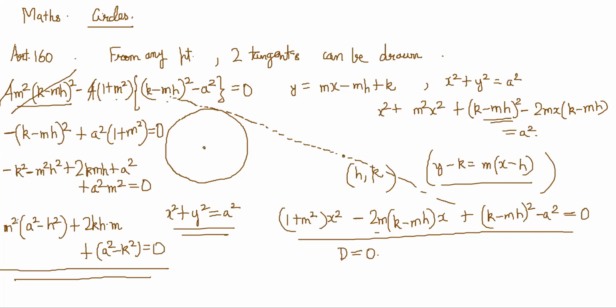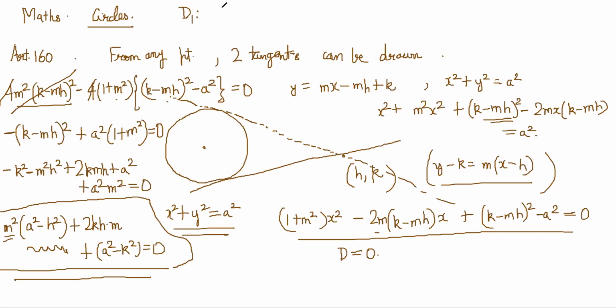Now, this is a quadratic, so it can have 2 roots or 0 roots, imaginary, or 1 root. Depending on that, if it has 2 roots, that means you have 2 different values of m, two slopes. Then that means that there are 2 tangents like this. If it has only 1 root, then only 1 tangent, and if it has 0 roots, then 0 tangents. So the condition will be dependent on the discriminant of this quadratic. Let's call it d1.